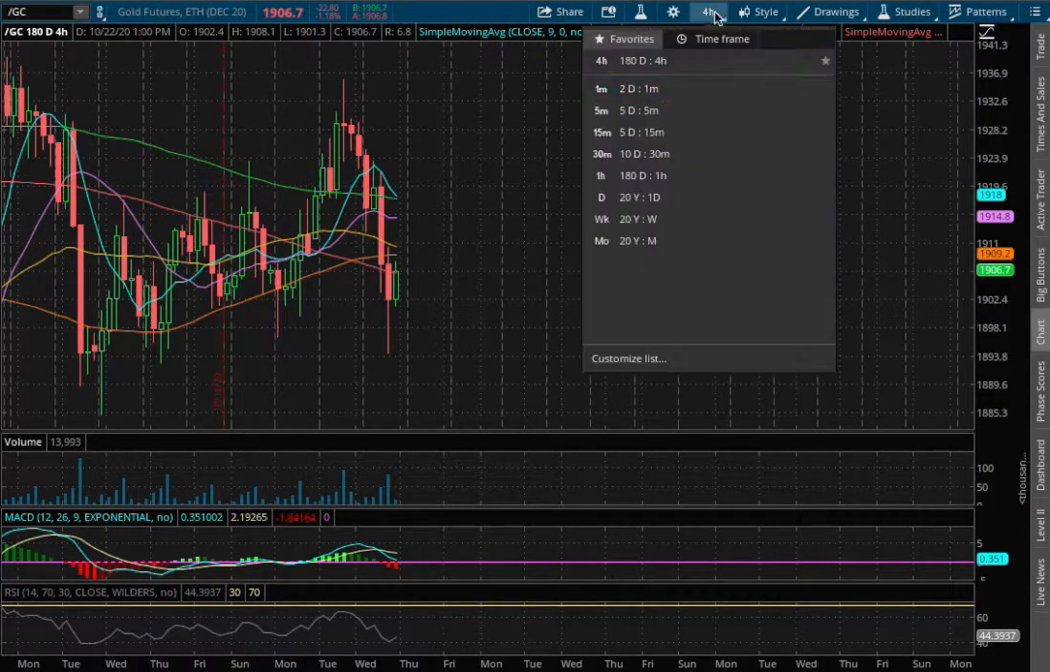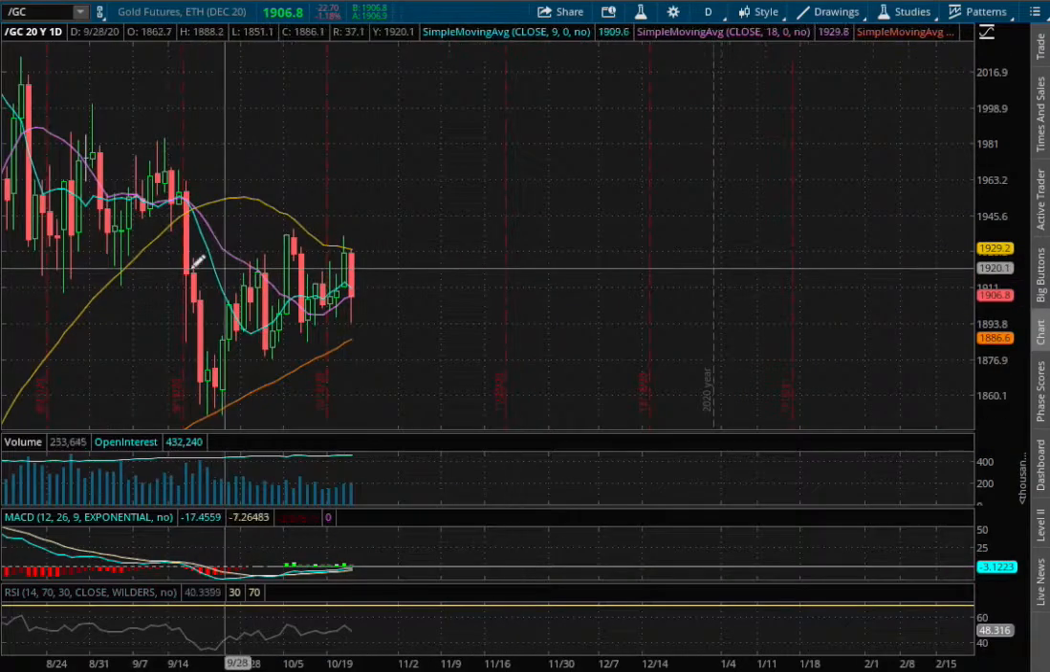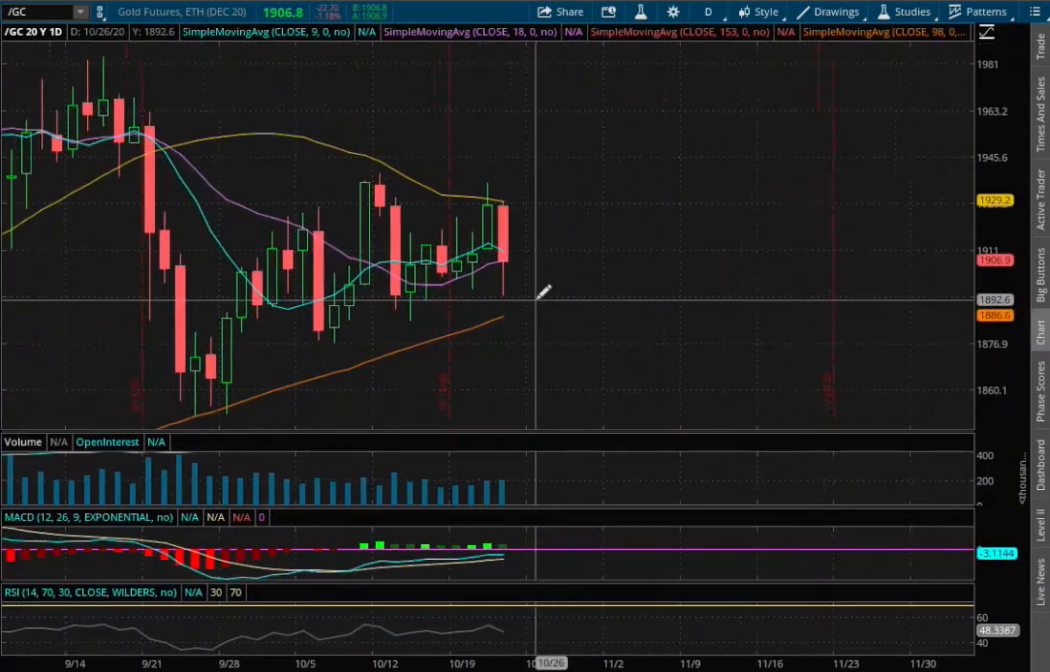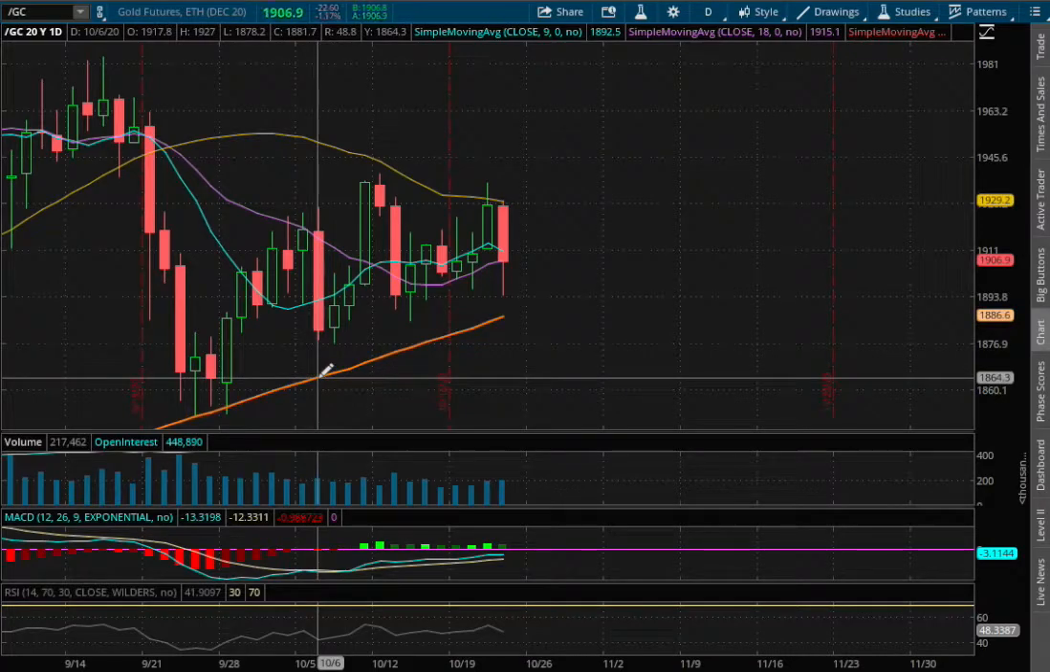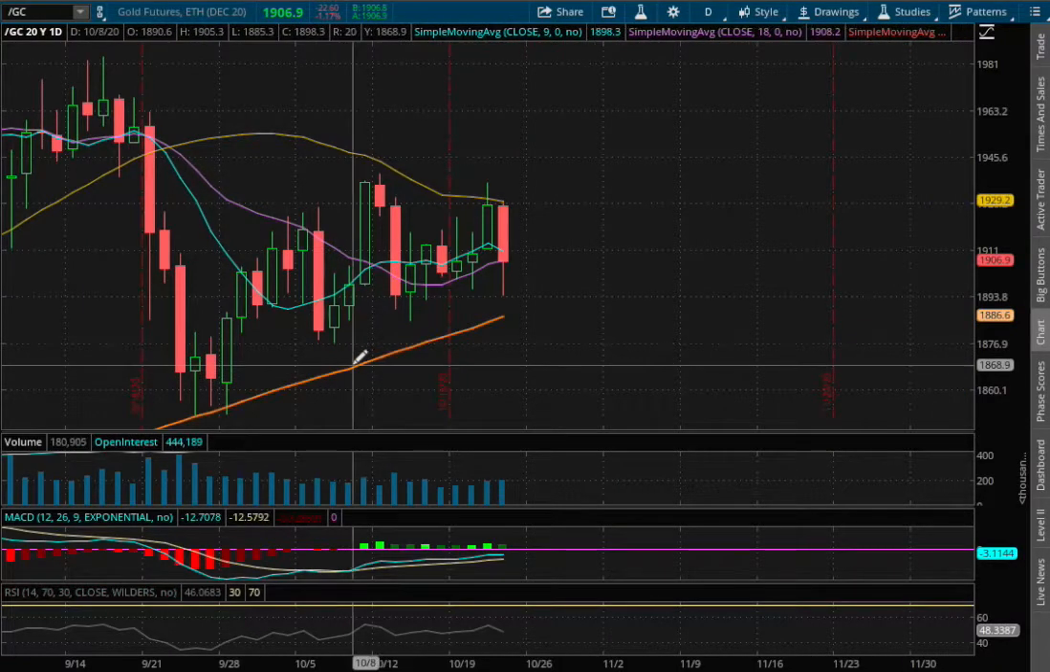$1,917. If we extend that once more to the daily chart, we are still approaching positive MACD, and as of now, we are still resting right above the 100-day moving average, this orange line, so it will act as our next support level at the price of